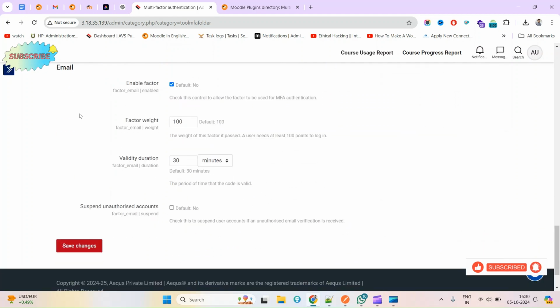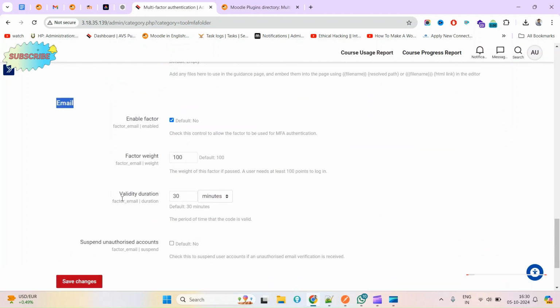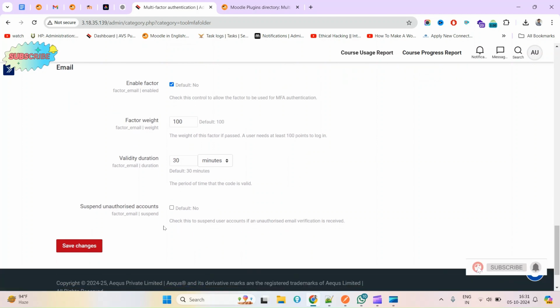And the settings you'll see here for the email: the validity duration. Whatever code is sent over email for the MFA will be valid for 30 minutes. In case you want to reduce the time, you can make it 10 minutes. Moodle gives 30 minutes as the default, so let it be. But in case you have to adjust anything around this, you are free to do that. Now if I click save changes,